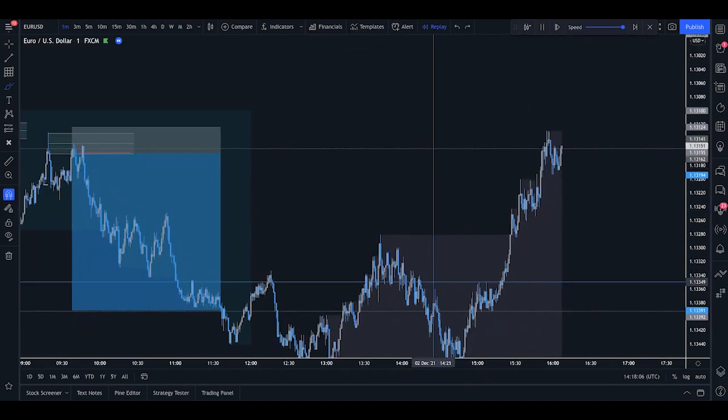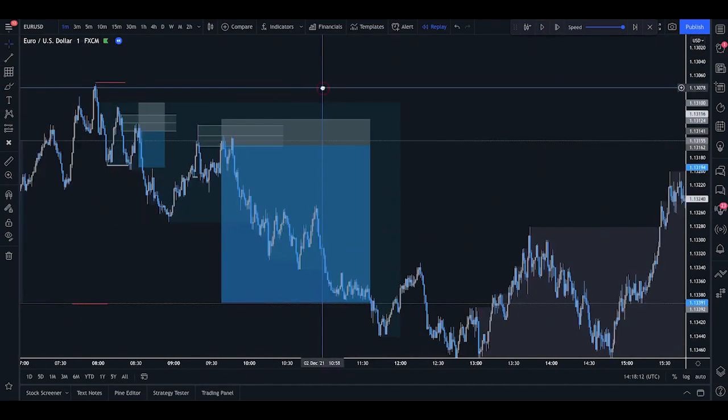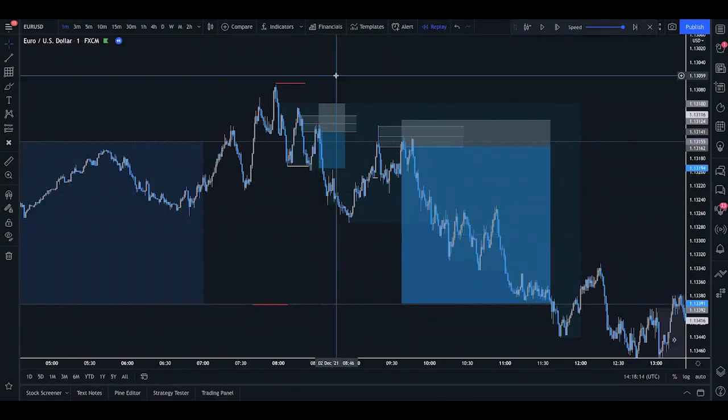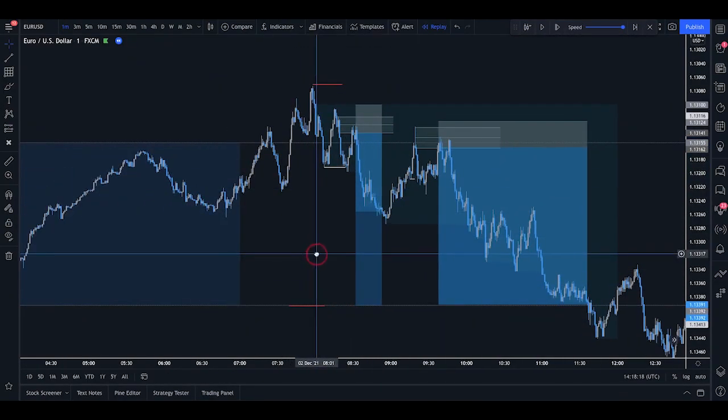So the targets are very clear. The entry system is very clear. Stop loss system is very clear. And all in all, this is one of the easiest to learn and easiest to apply strategies for your intraday trading. Now, I will be showing more examples of this system,